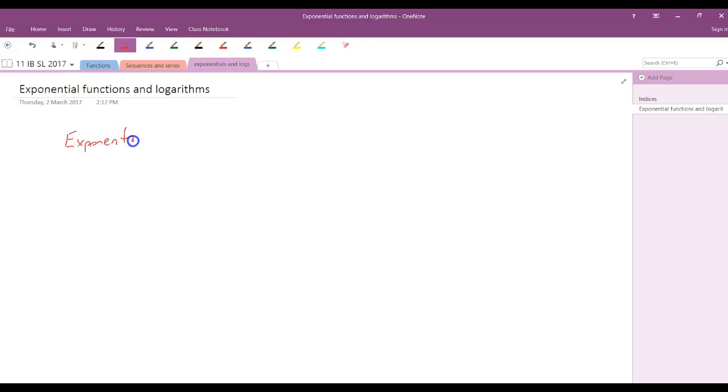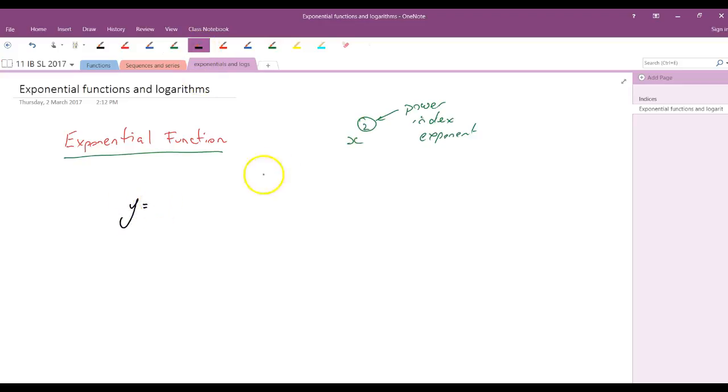The exponential function, as its name suggests, uses exponents. Exponents are a fancy word for index or power. It's got so many different ways of referring to this guy here. That is a power of 2. It's also called an index. It's an exponent. So an exponential function deals with exponents, and specifically for us, functions of the type